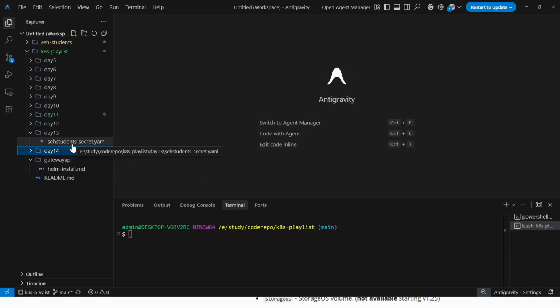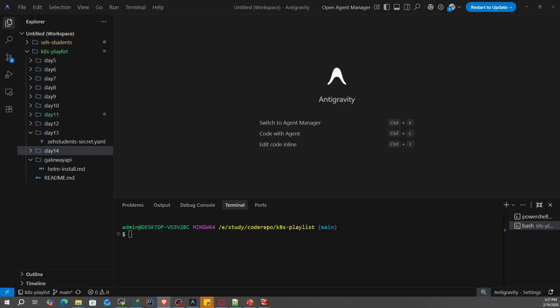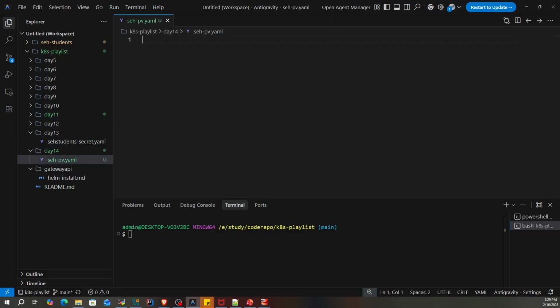All the PV related manifests for this demo will be under day 14 directory. Now I will create a YAML file named seh-pv.yaml. Just like any Kubernetes resource, a PV manifest has 4 mandatory fields. First one is API version, then kind, metadata,